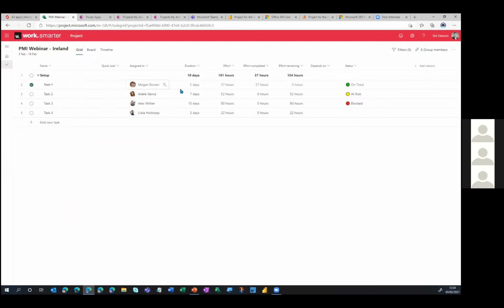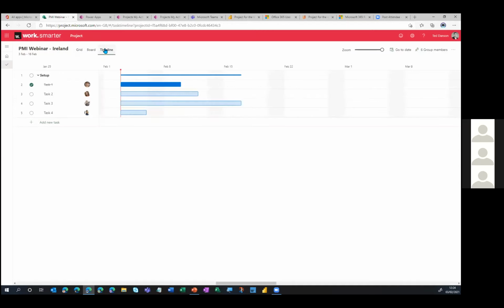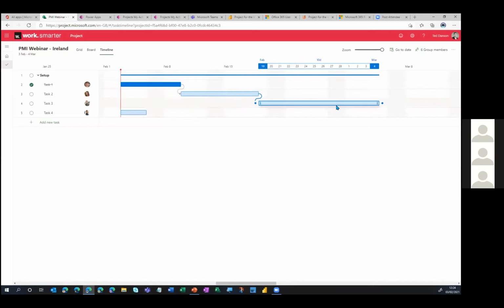So task 1 is marked as completed. If I jump over now to the timeline view, again, you can see task 1 is marked as being completed. This is my favorite view because it's highly interactive. If I want to create some links between the tasks, all I need to do is scroll onto the task and wait for this to pop up. Once it does, I click, drag and drop, and I've created a link. And again, I'll do the same thing there, and I'll do that one more time.